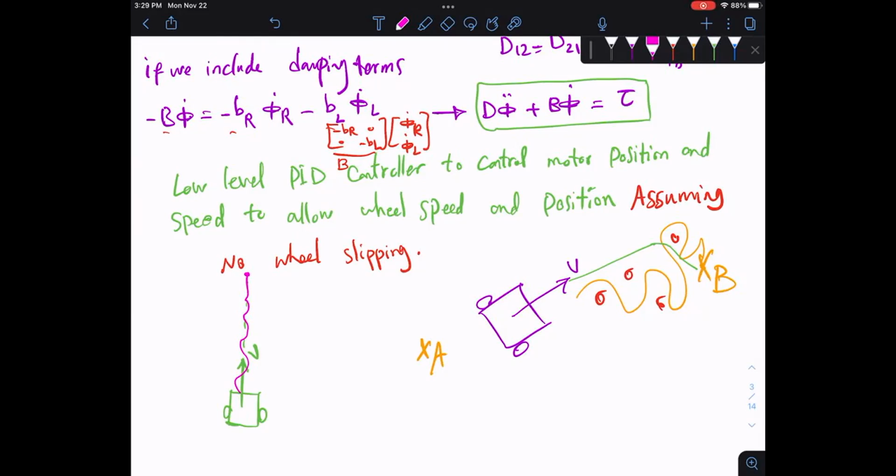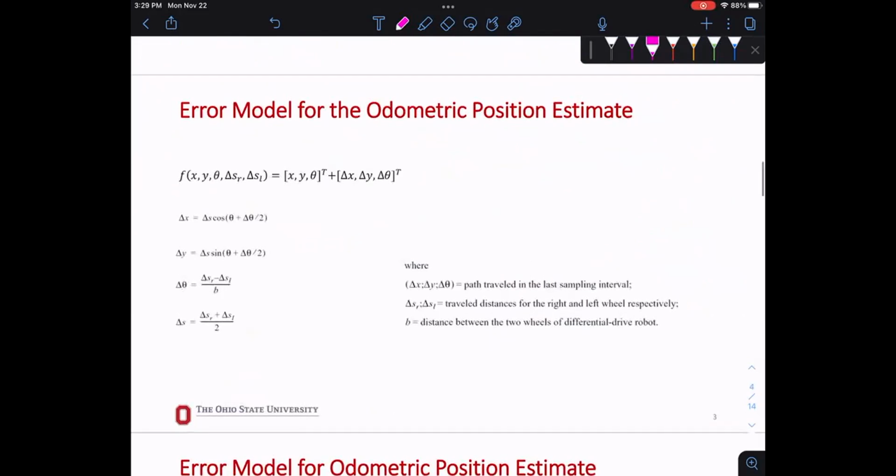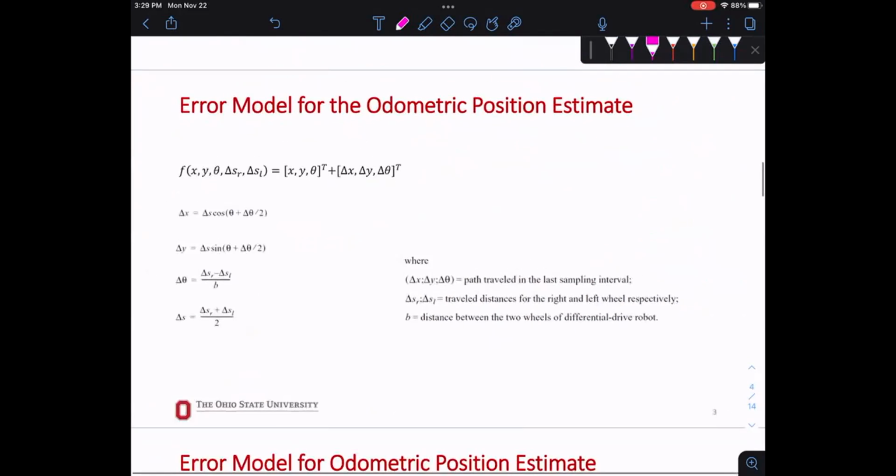All right. Yeah, let the fun stuff begin. Now, to model for odometric position, we're going to look at it as, okay, what is the error that can happen? So we are in X, Y, and theta direction. We have 3 degrees of freedom, right? We might have some error in X direction, some in Y, some in theta, delta X, delta Y, delta theta